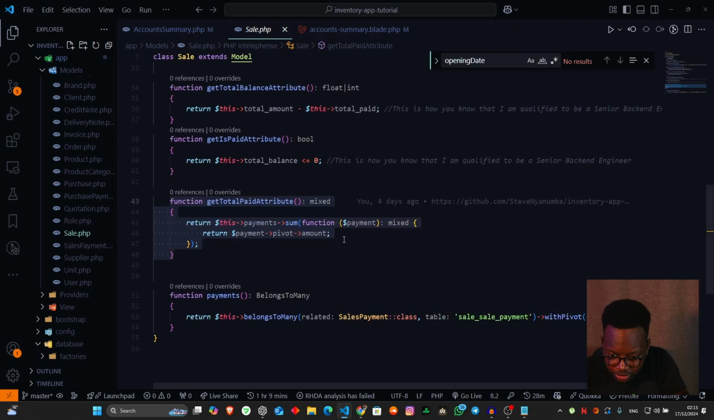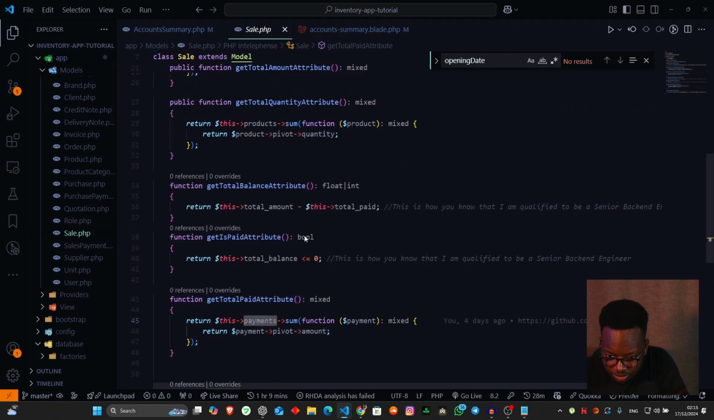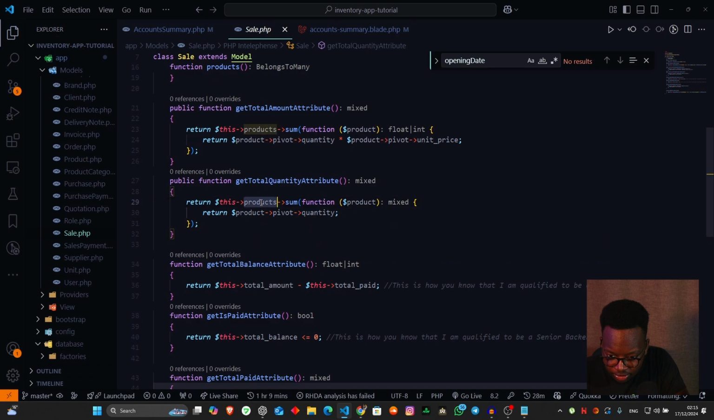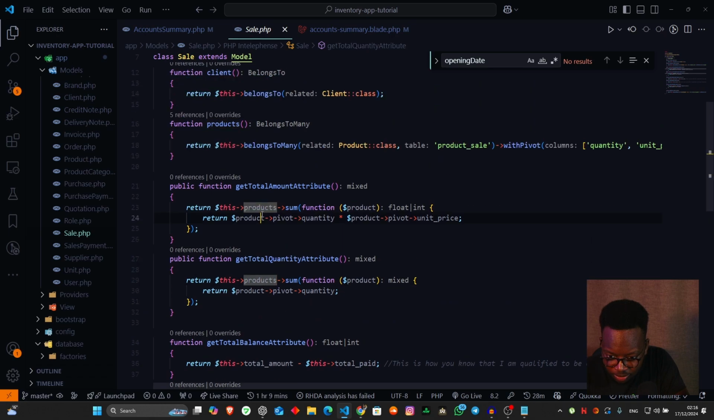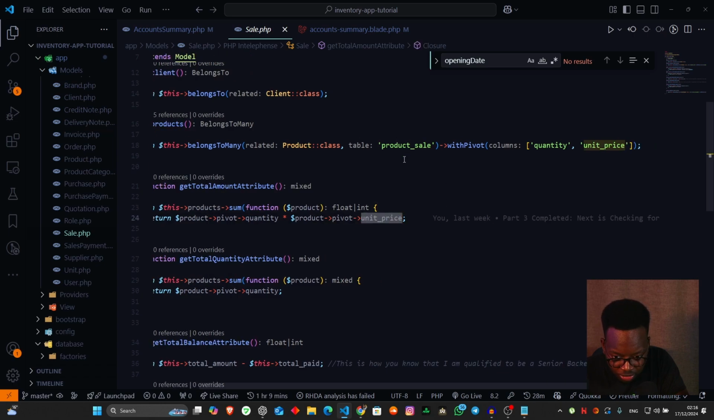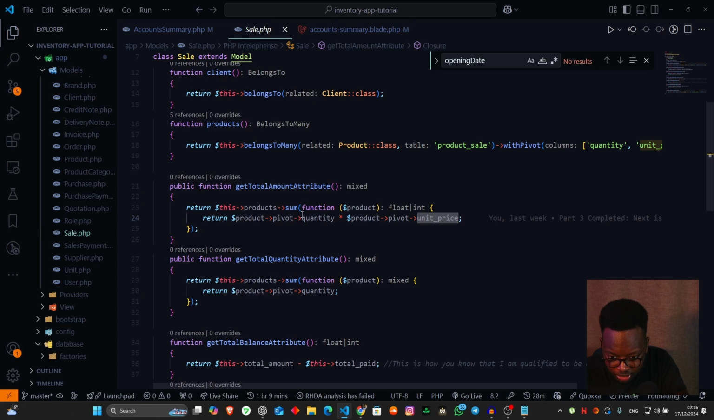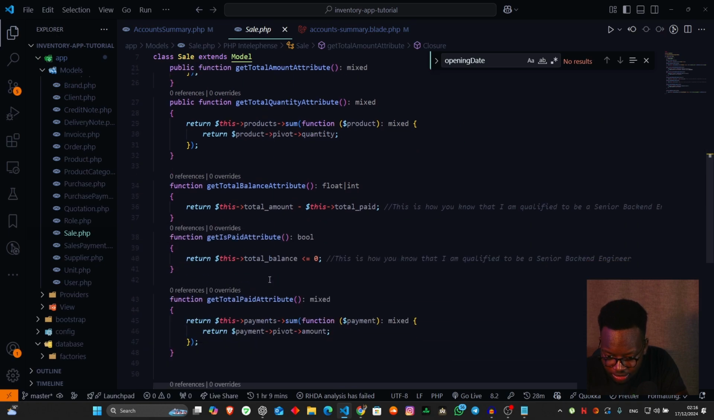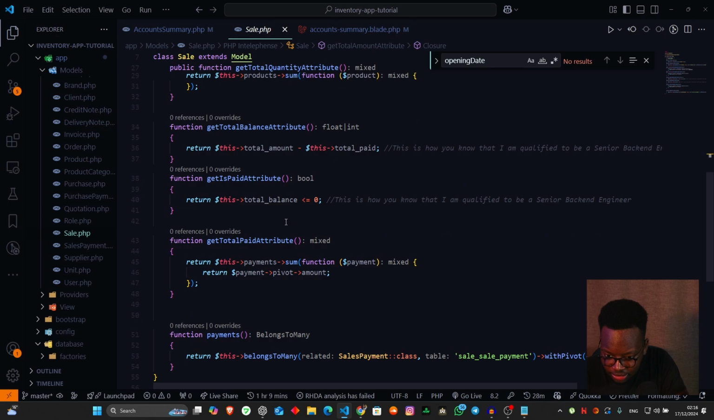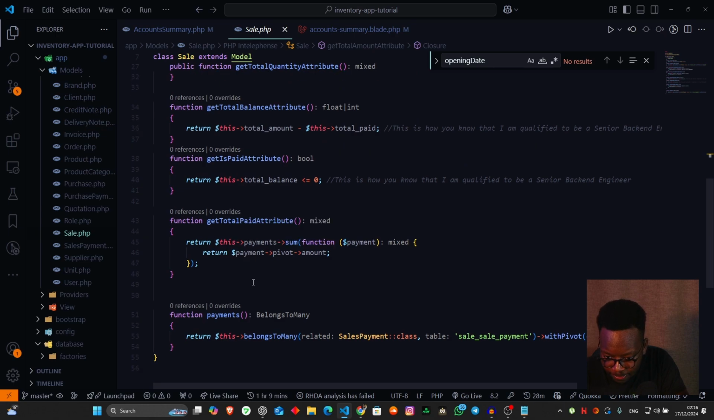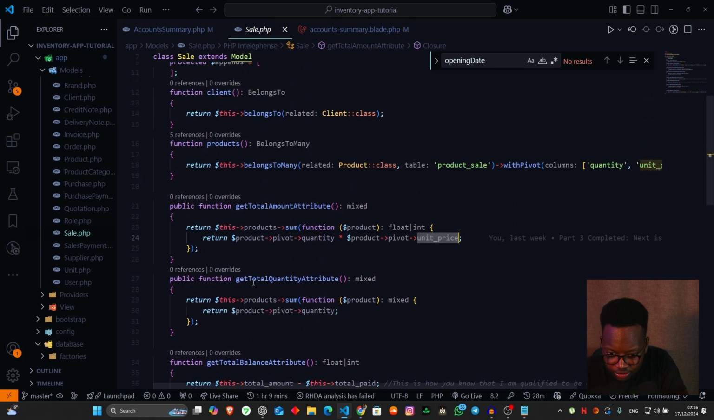So we come in here, and you can see this payments sum. So that's the payments, and then we have the total quantity. Then we have total amount. So this product sum, and then it's actually doing unit price from the pivot, which is coming from the product sale, not from the products themselves, the product purchase price. So total amount, total quantity, total balance, total is paid, get is paid, total balance, and payments. But we don't have a total value